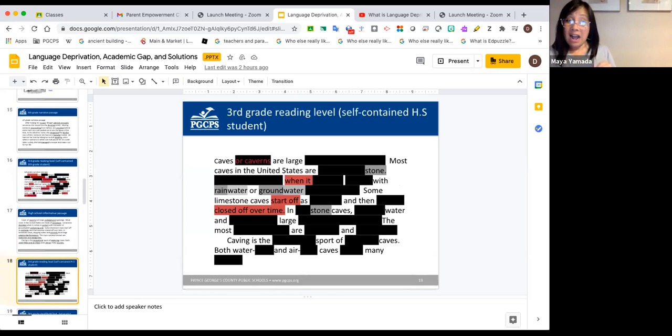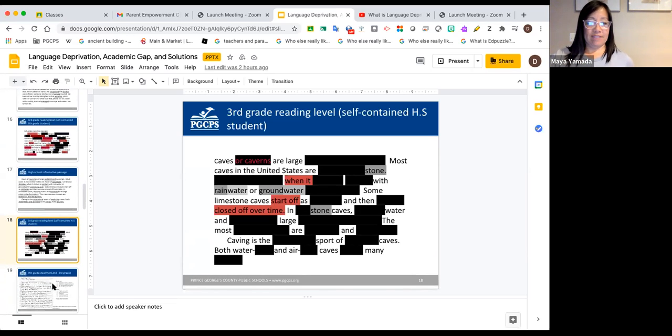And so this is what the deaf child is going to see, a bunch of nonsense words, words that don't make sense. So if they try to read that passage, they're going to get frustrated. They're going to shut down and they will tell you, I can't understand it. Okay, so that's for reading. Now I'm going to show you that's a common